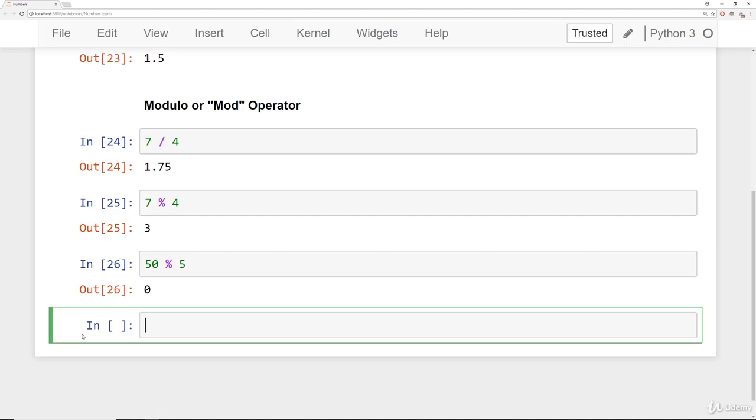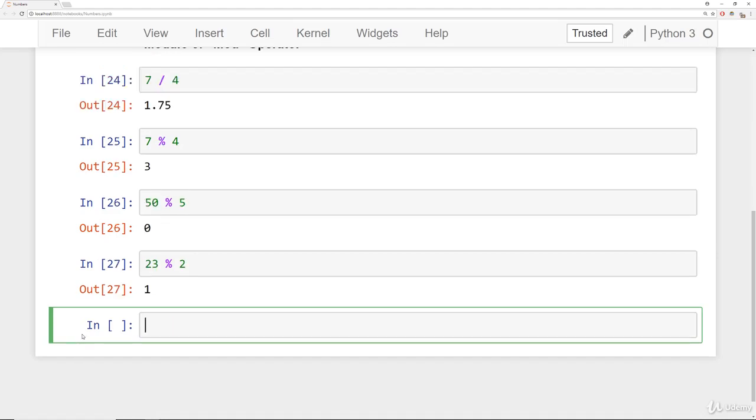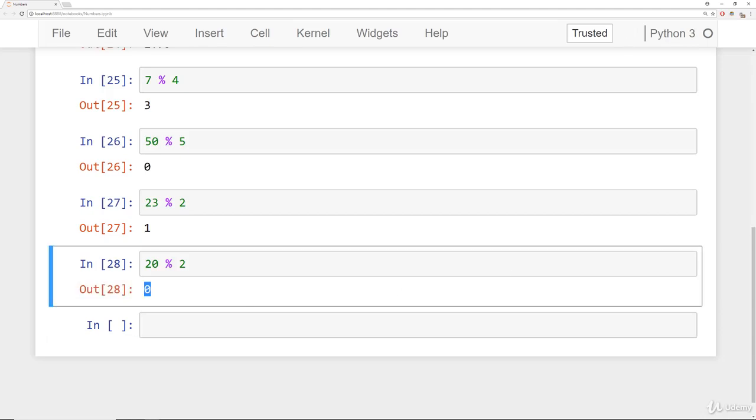So let's imagine we have an odd number, 23, and we want to know if it's even or odd. Well, I could just look at it, but maybe sometime in my code, it's disguised as a variable, and I really need to quickly check if it's even or odd. One way I could do this is simply with a mod 2. And I know that if mod 2 results in something other than 0, then we have an odd number. Because if I have an even number, then when you divide it by 2, there should be no remainder, or the remainder should be 0. So that's the mod operator. Again, it just gives you back the remainder after you perform a division.